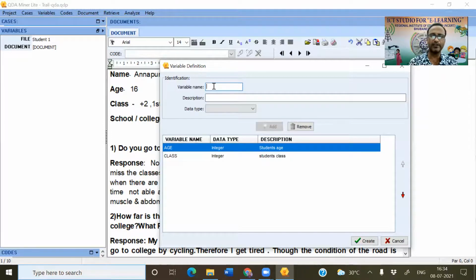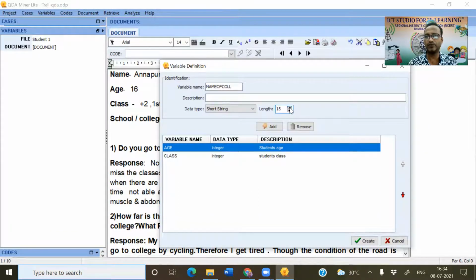Suppose I want to write another variable, name of college. You cannot write that as a number. Here the type of variable is short string.